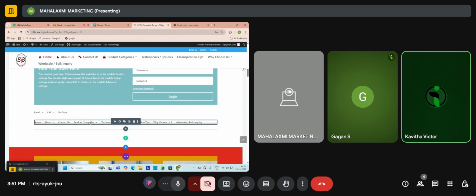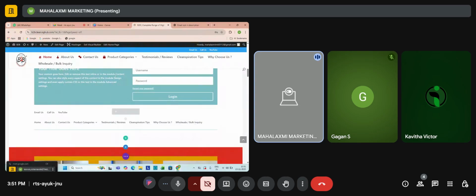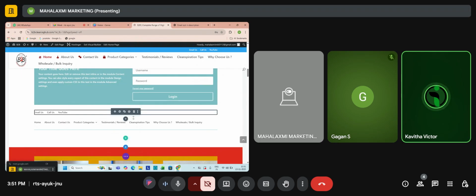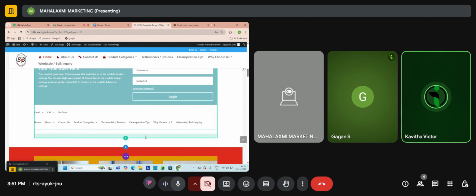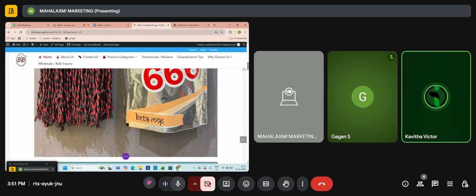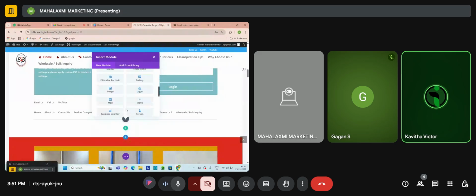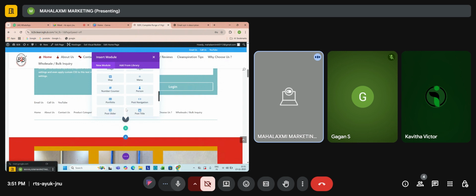Add the next module. But ma'am, why do I have to put it here when it is already at the top? Many people, if you check many websites, also give the primary or secondary menu at the bottom. Why? They don't want to scroll up. They just scroll down to the bottom, so it will be easy for them to click on any of the pages at the bottom. They don't need to come to the top again.